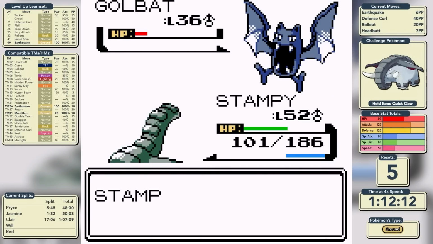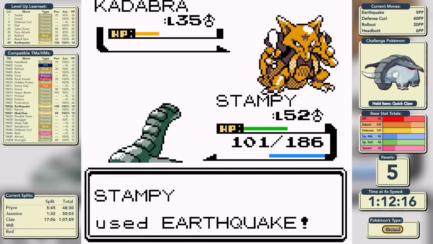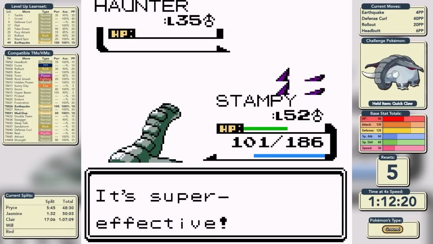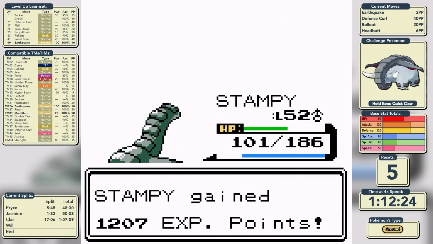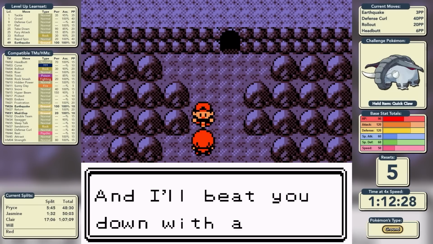We headbutt the Golbat because of course Golbat is immune to Earthquake, and that's just a couple of hits to knock it out. Here comes Kadabra and we swap back to Earthquake. We knock it out in 1 shot, we do exactly the same on the Haunter, and his final Pokemon is Magneton. That's 4 times weak to our Earthquake, meaning it's base 600 power, and that is enough to knock any